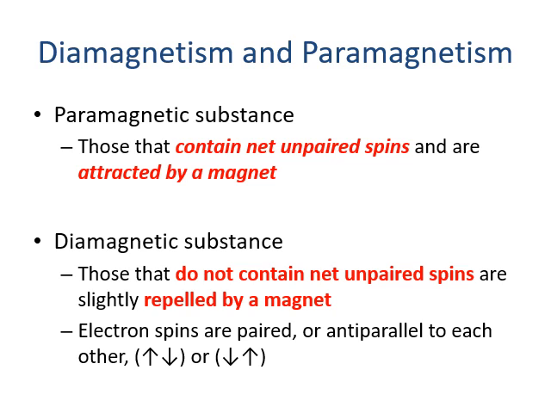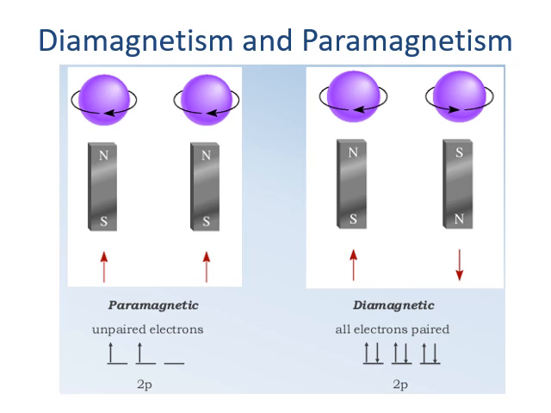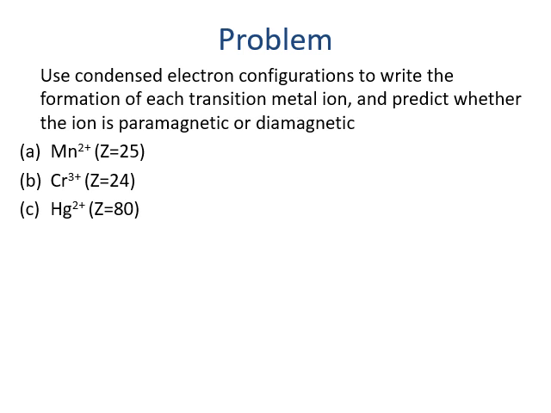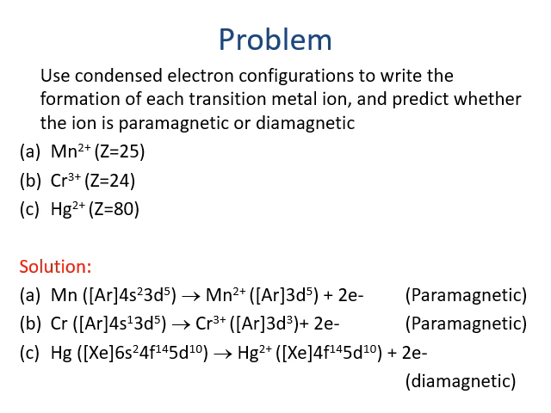So paramagnetic has single unpaired electrons which fill the orbital like 2p2, right? Or diamagnetic, you have 2p6, so all are paired here. So draw this one. Predict whether the ion is paramagnetic or diamagnetic. Right, so